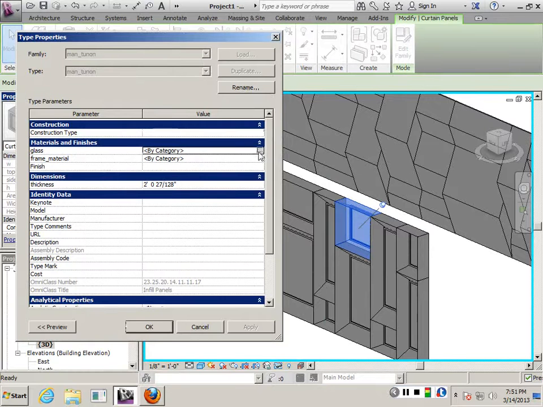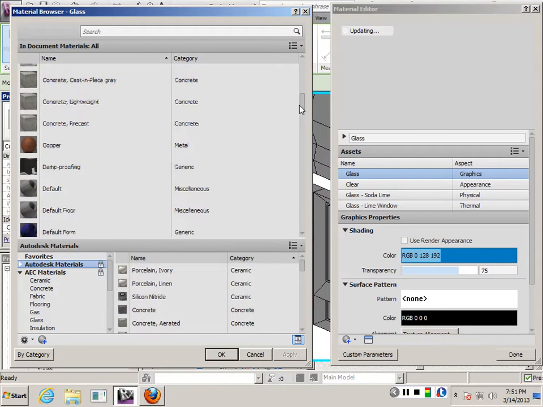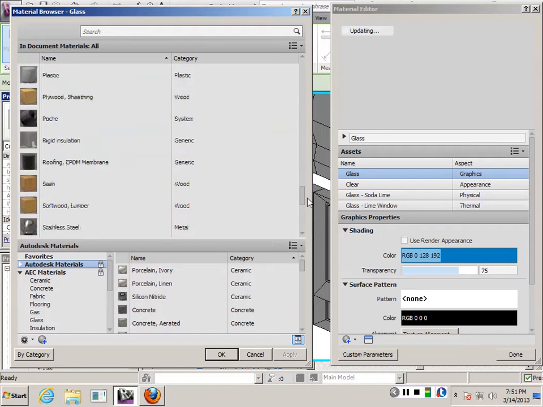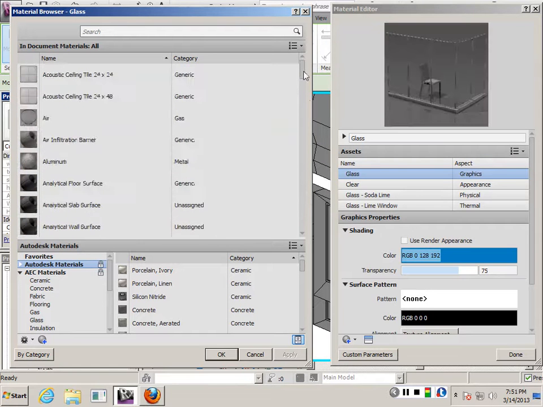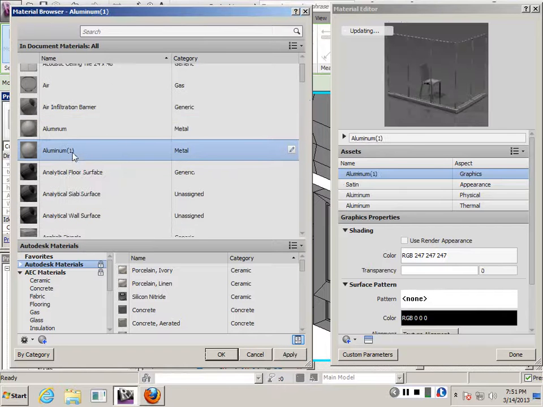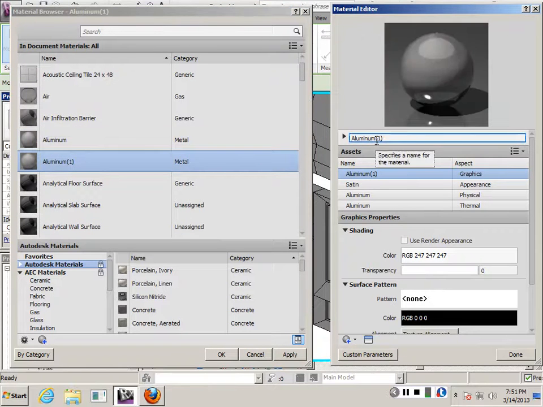So maybe I want to give the glass material, and for the frame I want to give a dark aluminum. So let's say we have, do we have any? If we don't, we can just duplicate this one